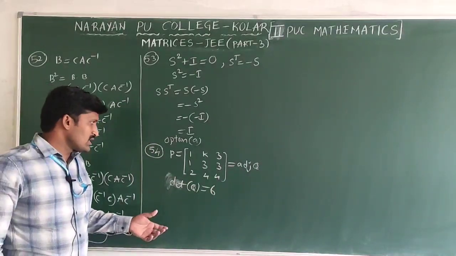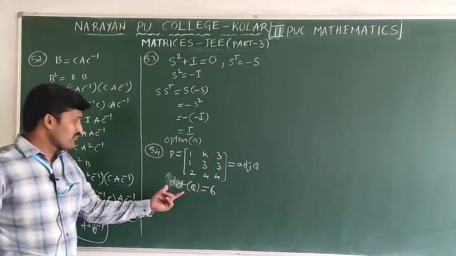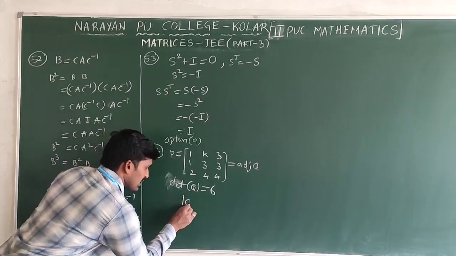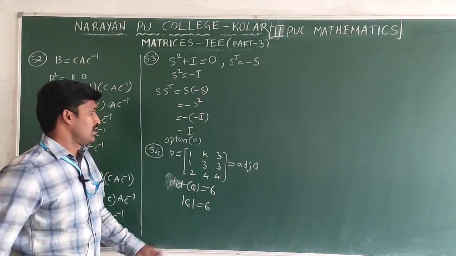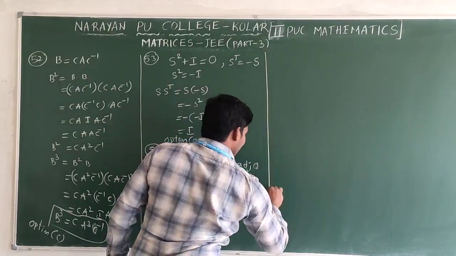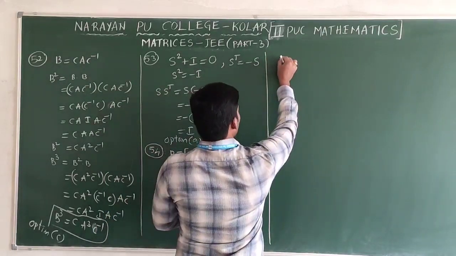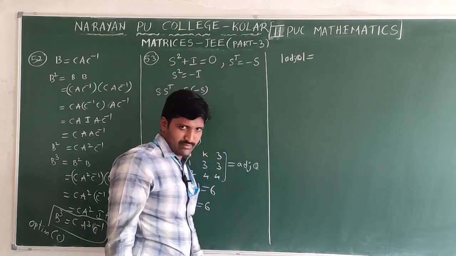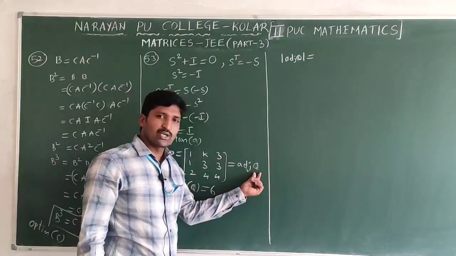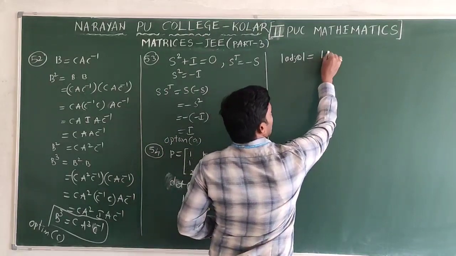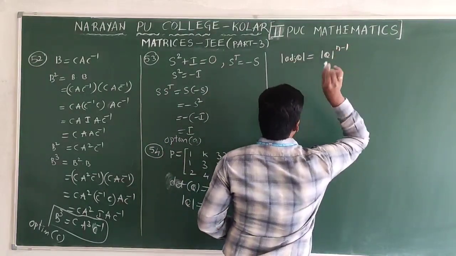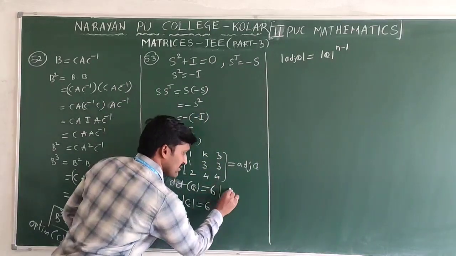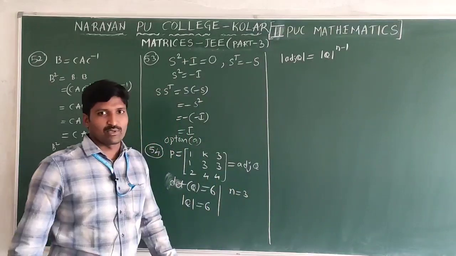Now before that, we don't know the exact value of det Q, so clearly you can take it as a symbol. Now I am using the concept of det of adjoint A formula. In the place of A, there is Q. Det of adjoint A formula is det A whole power n minus 1. N is the order of this matrix, and the order of the matrix is 3. 3 by 3 means don't take 9.